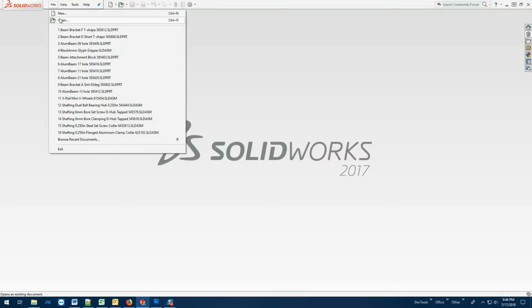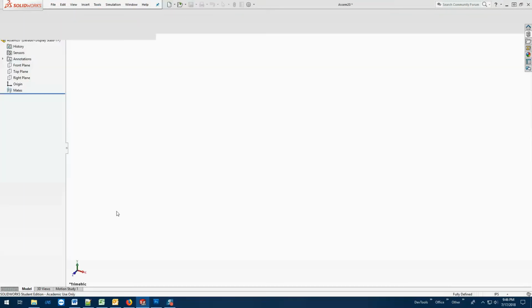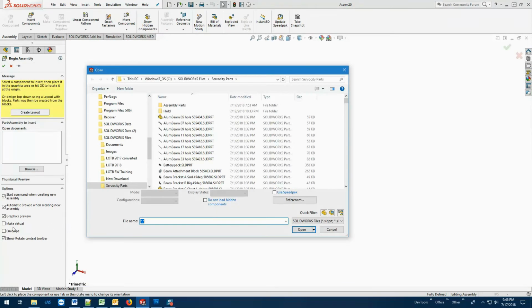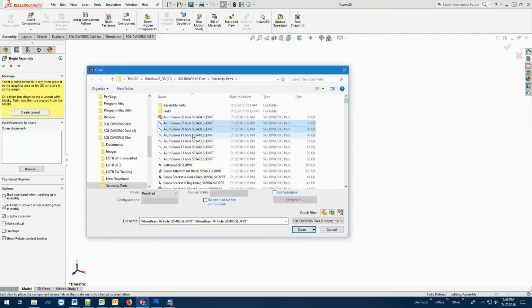The last option in our dialog is called Make Virtual. Make Virtual says that the component will actually be added inside the assembly files. It won't be an external reference. So to show you what I'm talking about here, let's say I've got a few of these aluminum beams here